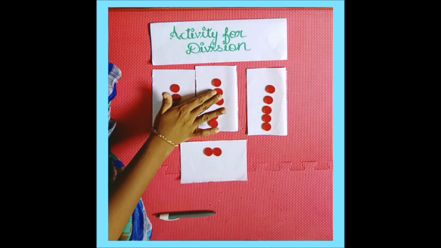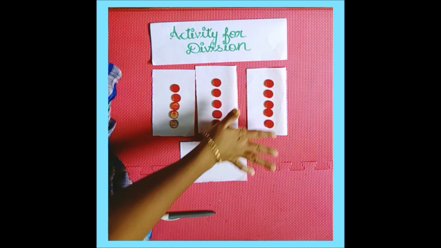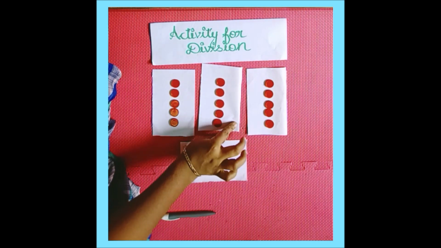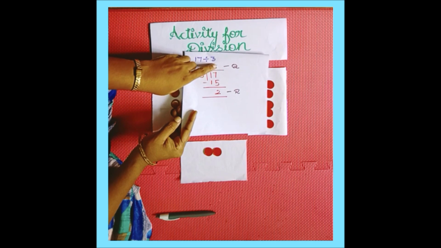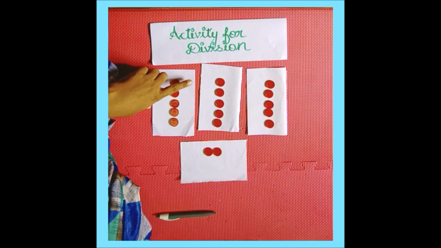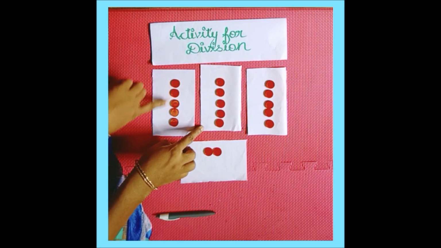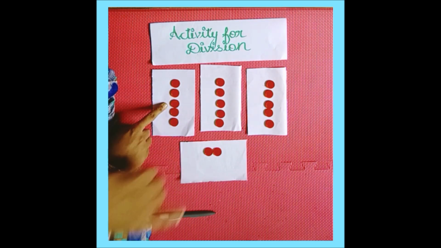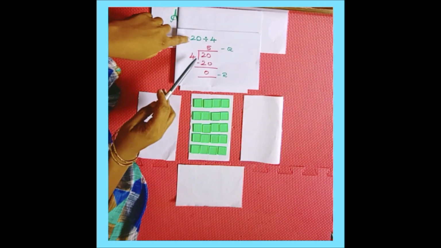Okay. Now we are going to check how many coins are in each pot. Thus each pot contains how many coins? Yes, 5 coins. So our quotient is 5 and the remainder is 2. See here. When you are dividing 17 by 3, your quotient is 5, remainder is 2. By using the coins, the number of coins in each pot gives the quotient. So each pot contains 5. So our quotient is 5, the remainder is 2. It's clear, children? Next, see another example sum.